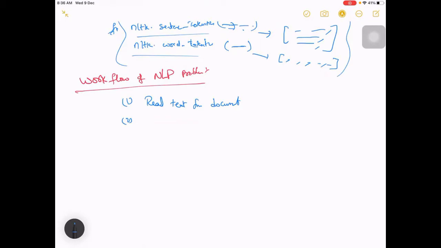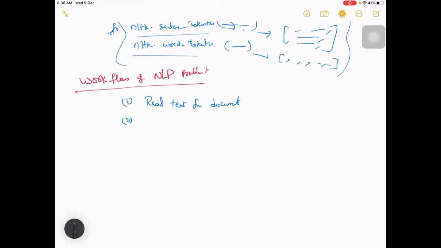And one more thing, if it is a normal PDF, you have to use some kind of PDF readers to get it. In case it is in a tabular form, then again you have to use some reading techniques to extract the text from such kind of tabular form PDFs, right? If it is an Excel, then it is fine. Again, we know how to get it from there. And if it is images, then again you have to apply OCR, then get those text.